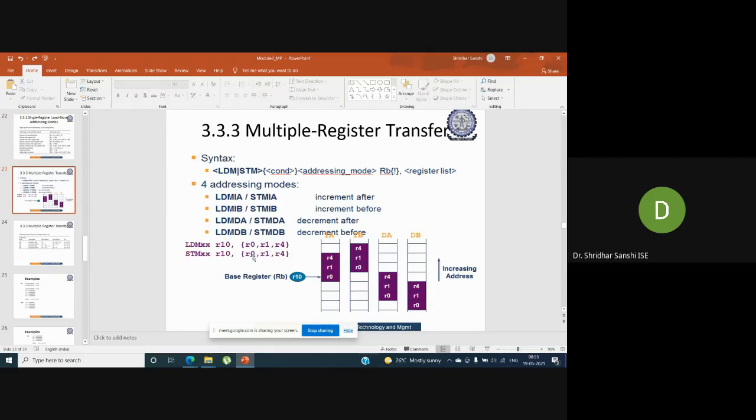So I want to store the contents of registers R0, R1, and R4.